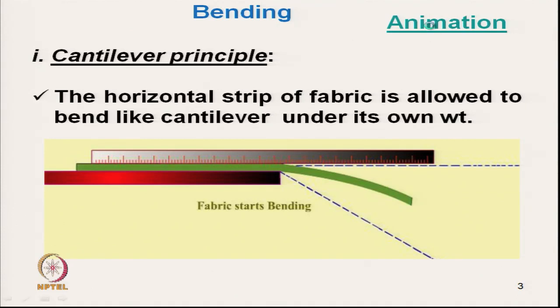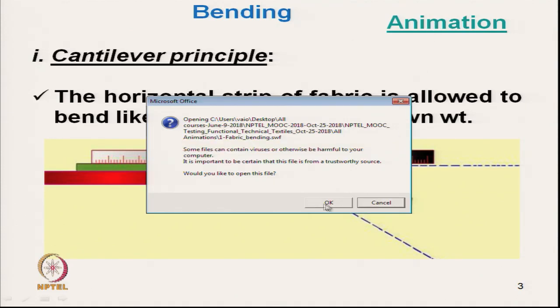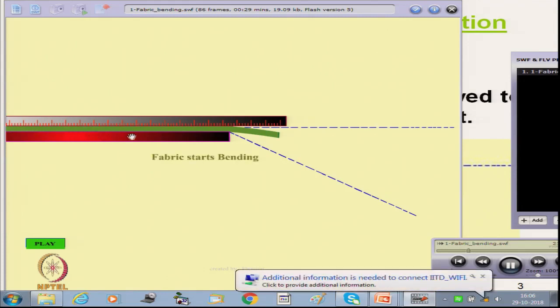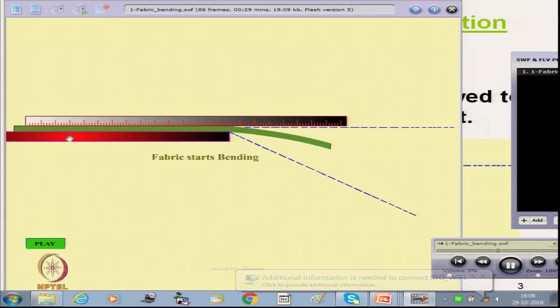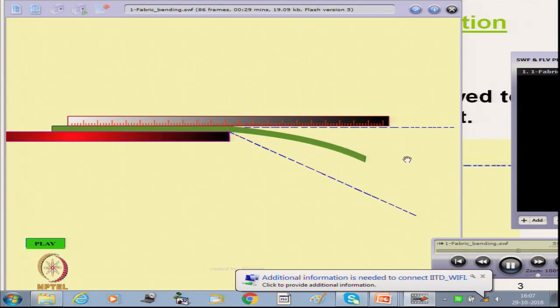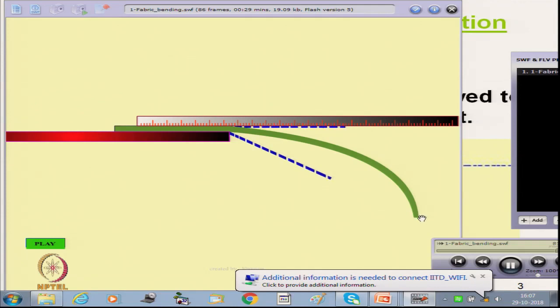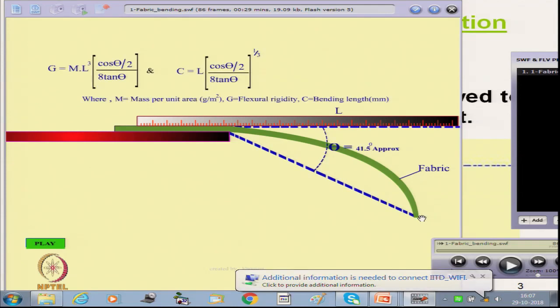So, let us see the animation of this principle. Now, when the fabric is pushed and it is hanging like a cantilever, gradually as the overhanging length increases, its tip point makes a certain angle. As soon as it makes a predetermined angle, which is typically